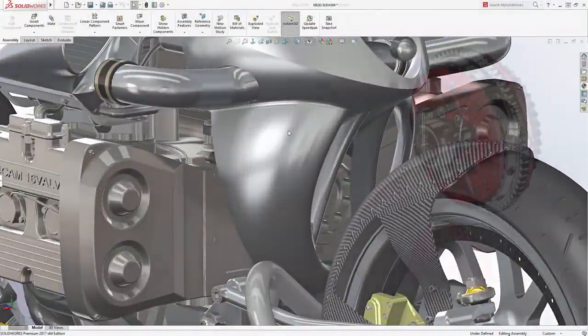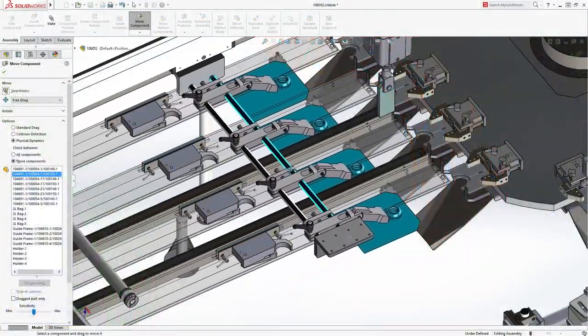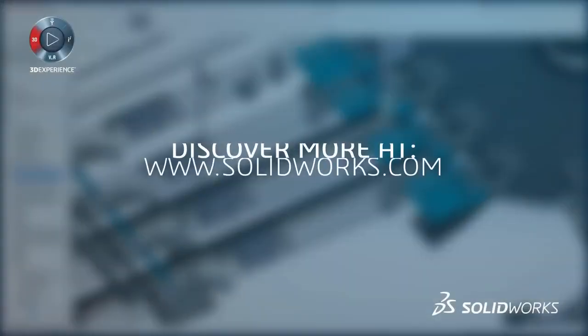If you have a great idea for a design, SolidWorks provides everything you need to bring your designs to life in less time and at lower cost. This has been your first look at